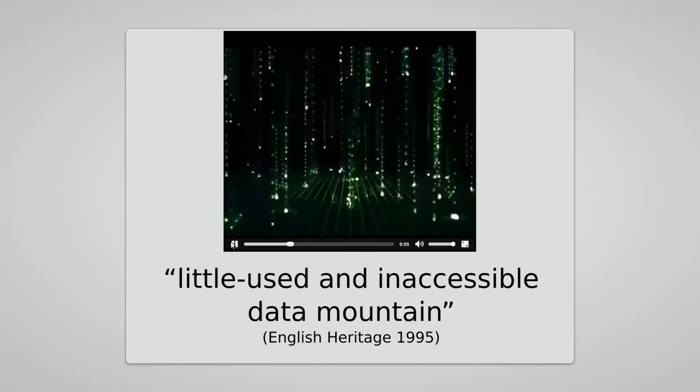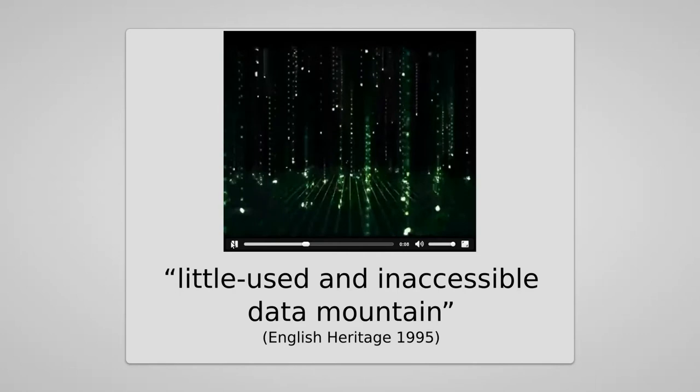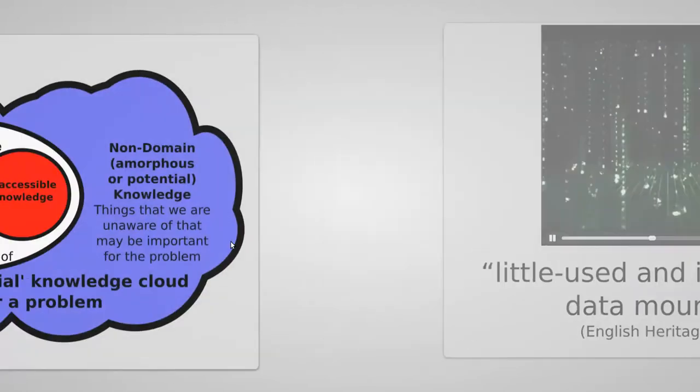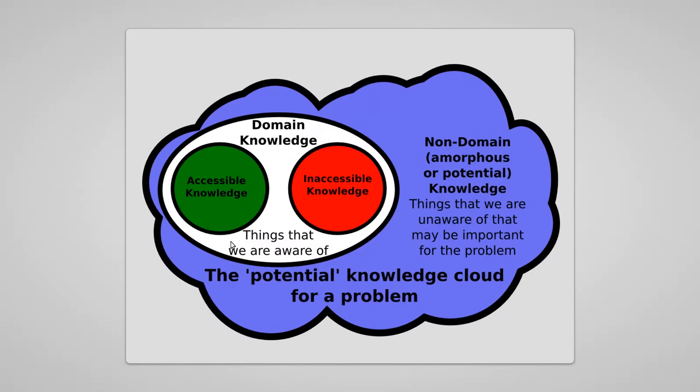So all of the new data that's added into the corpus has very little impact on the state of the landscape. This is not ideal. This percolates down to decision making and policy, because we can only make decisions with the data or knowledge which is available to us. So that's the accessible knowledge, the things that we're aware of.